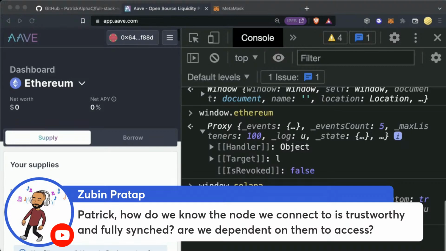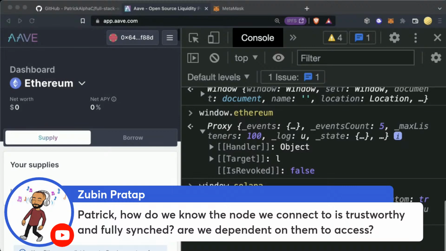How do we know the node we connect to is trustworthy and fully synced? Are we dependent on them to access? Really good question. So when we send a transaction to these blockchain nodes, the worst that can happen is they don't send our transaction.